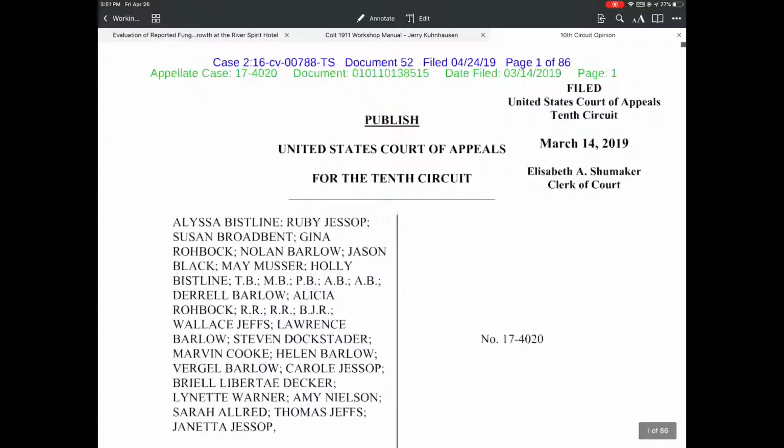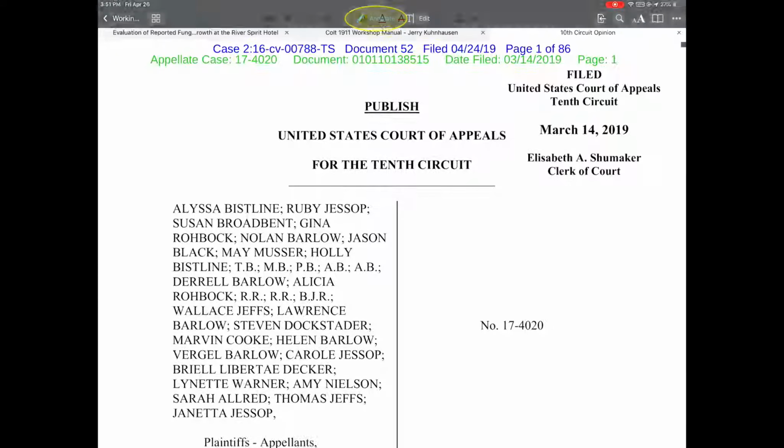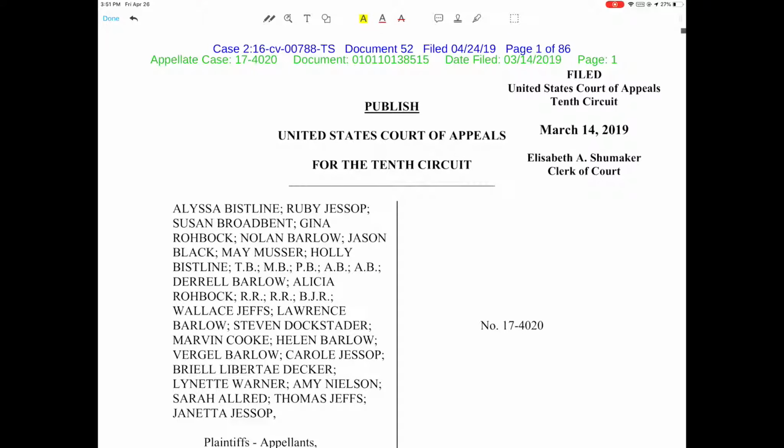But let's say I want to go back up to the top of the document and begin annotating it. One of the things that I would start with is to mark the very first page so that it shows up to the reader who looks at it as a document that was annotated by BMG on a certain date. So I would click the Annotate tab at the top, and then I could add a stamp. So I click the stamp icon,